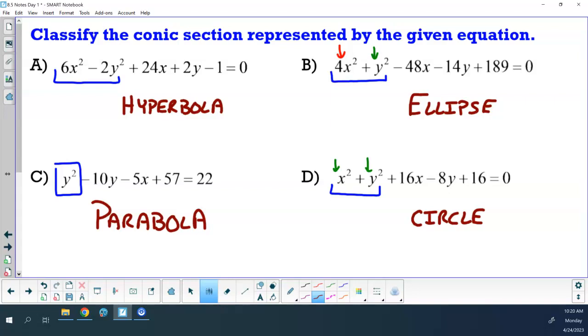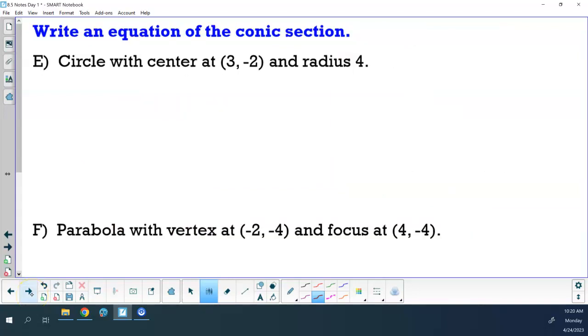Today's goal is I want to go back and figure out how to write the equations and use those general forms of the conics again, because, for instance, here in F, you haven't done that for 4 weeks. In E, you haven't done it for 3 weeks, and so on and so forth. So what I want to do is go back and do this. So first off, I'm going to start with